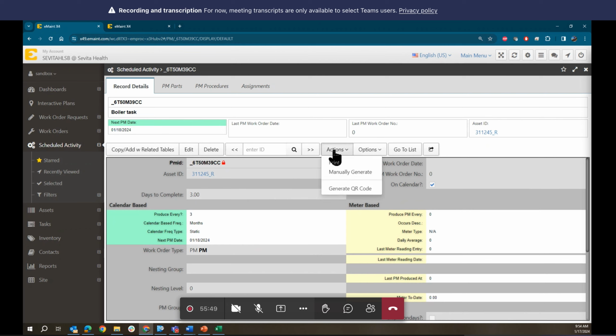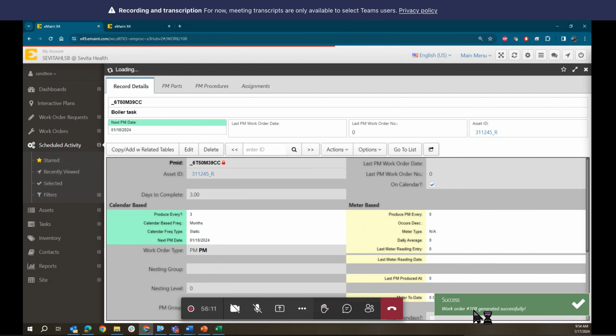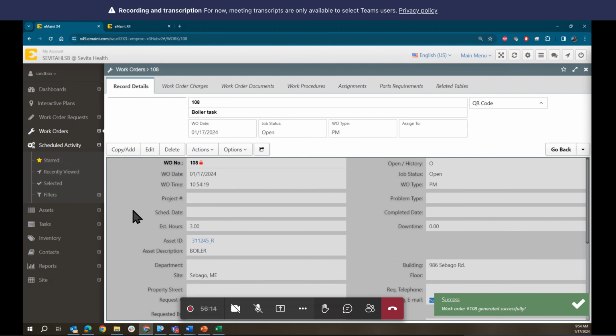So if I go to actions, manually generate. Look at this. You are about to manually generate work order for the PM. This one. So let's go to generate the work order. It should be the 108, I think. 108. Okay. This is the work order. So the system jumped from the schedule activity to the work order table, because I know this because I have this route here. I mean the work order tables, and this is the work order